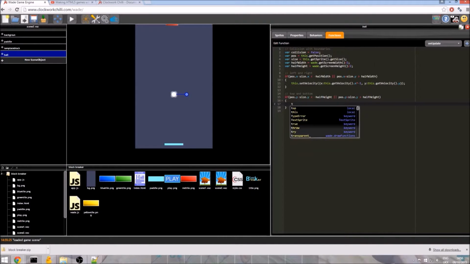So likewise, in fact, we'll just copy and paste it. We need to set the velocity. So I've just pasted this here. Now this is different. We don't want to flip the x velocity. We want to flip the y velocity. So we multiply our times by -1 there. However, we need to know if it's the top or the bottom, because if the ball has gone off the bottom of the screen, it actually means we've lost. We've missed it with our paddle.